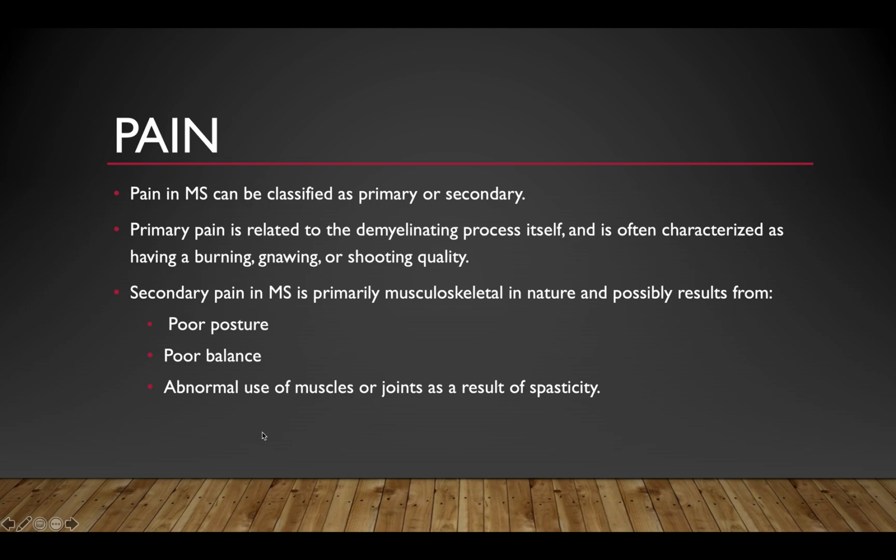And now we'll talk about pain. Pain can be classified as primary or secondary. Primary pain is related to the demyelinating process itself, and is often characterized as having a burning, grounding, or shooting quality. This is primary pain, because of the demyelinating process. Secondary pain in multiple sclerosis is primarily musculoskeletal in nature and possibly results from poor posture or poor balance as a consequence of the disease,